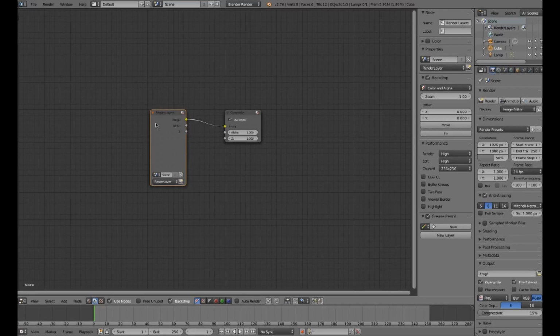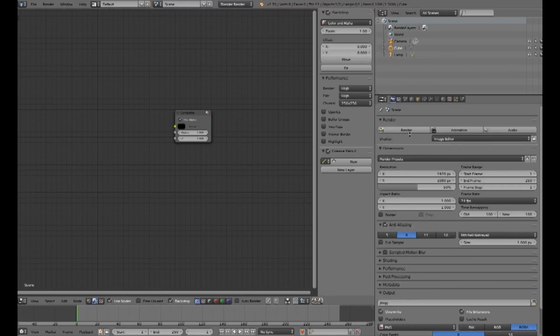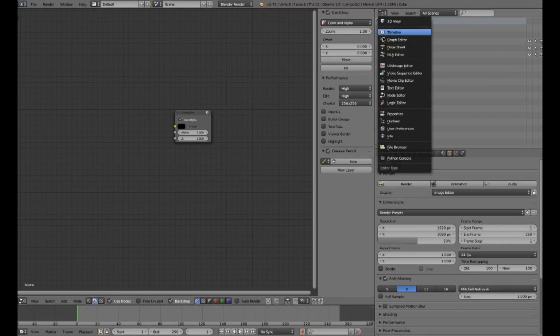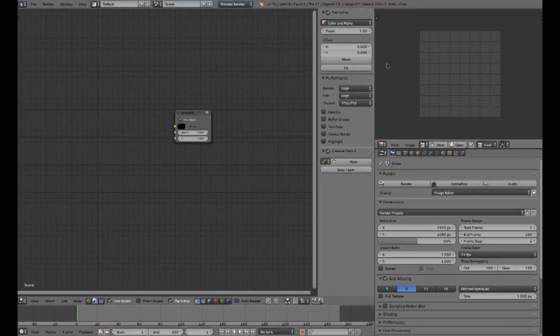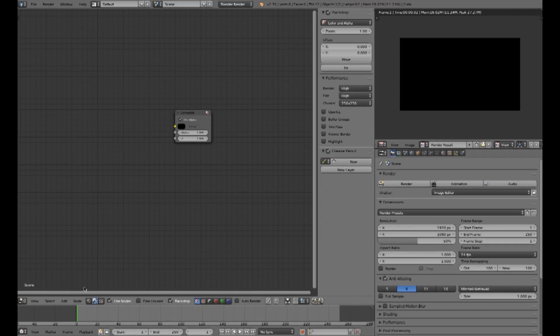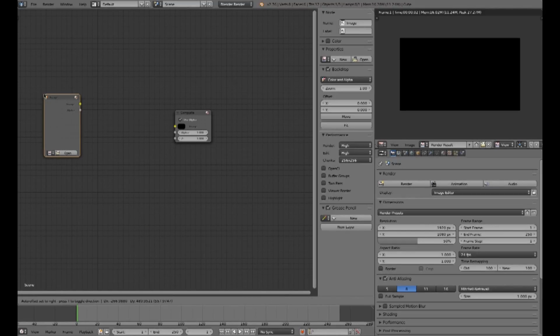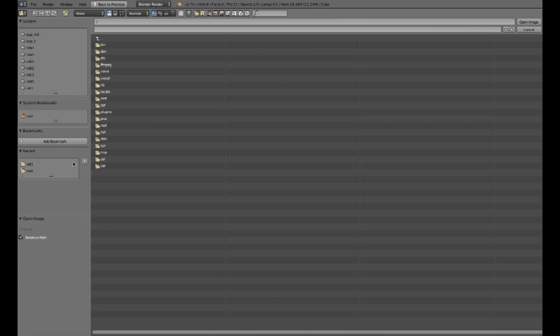We don't need the render layers, and we're going to pull out this window and down just so I can have a viewer, change it into a UV image editor and render. We have nothing because we've got nothing connected, so let's add in an input of just an image to get started with. We're going to open that,